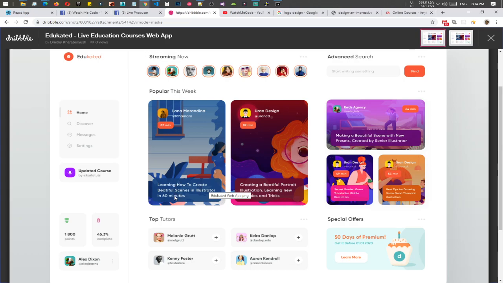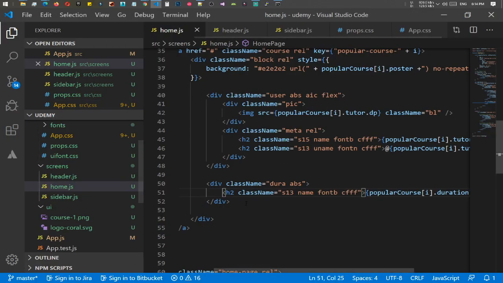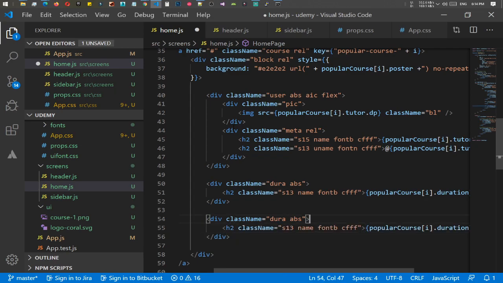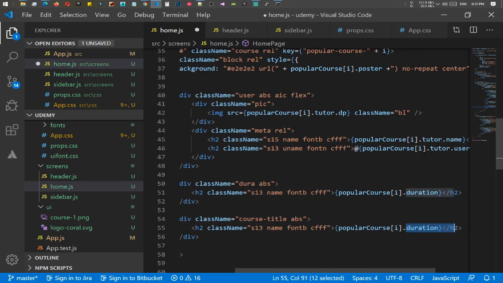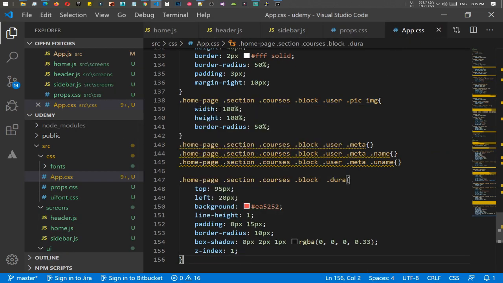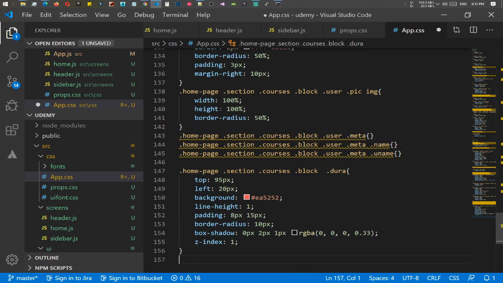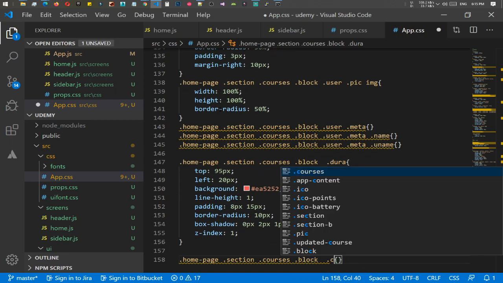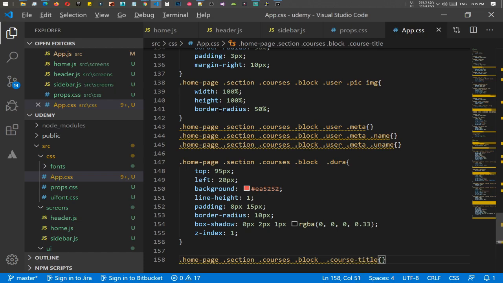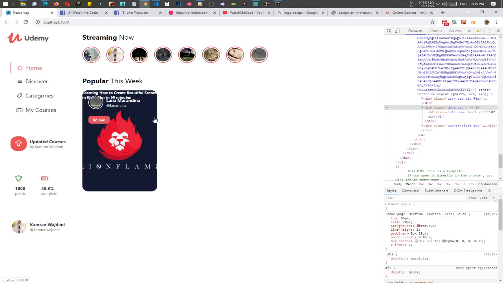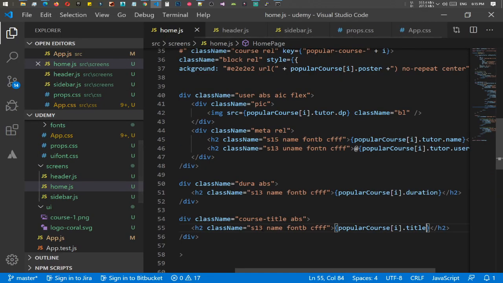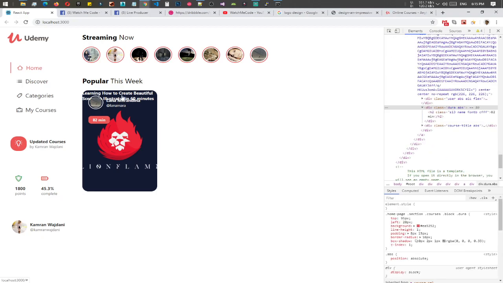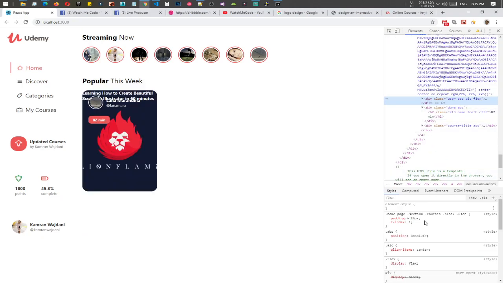And now we need to add the title. Let's quickly go back to duration, duplicate it, and give it to something like course title, and the course title will be just title. Let's save it, go back to app, and I guess we should just duplicate it, and course title. Let's save it and right click, inspect. I guess we should add is15 instead, because course title name should be a bit larger,